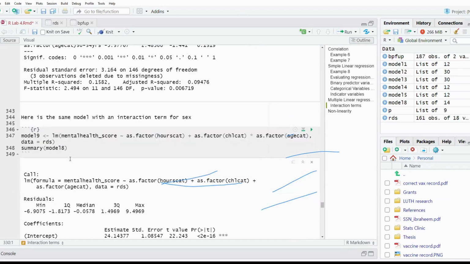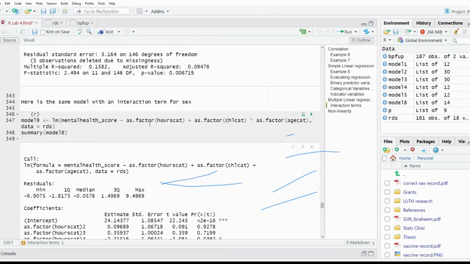But we can also, rather than just add this to the variable like we did, we can run the model with an interaction term. If somebody says the effect of the number of children is different depending on the age of the woman, or of the resident of the woman. So if you run that,